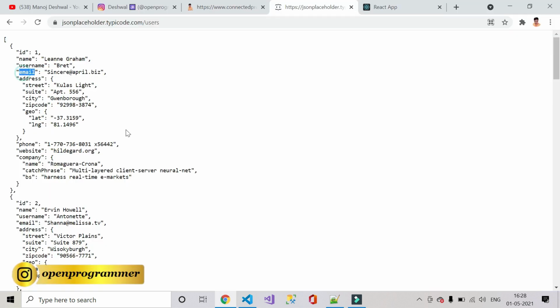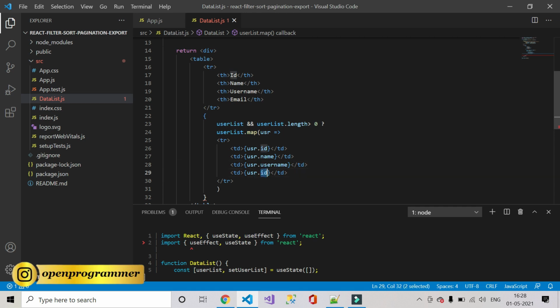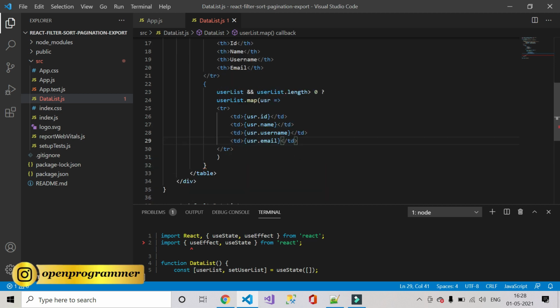Otherwise it will not print your data. So 4 headers are there, and now 4 body columns are there. Fine. And the final case would be blank, or let's say loading.